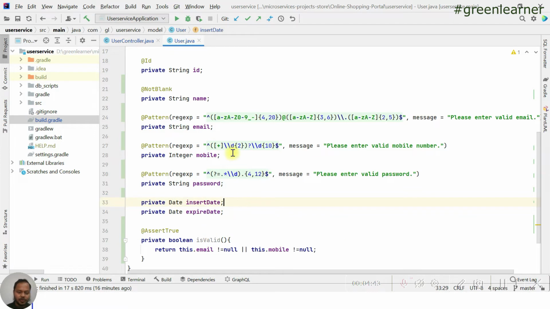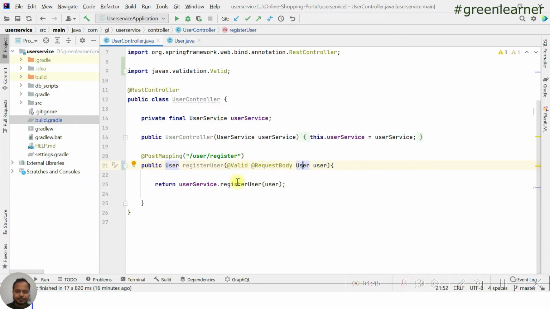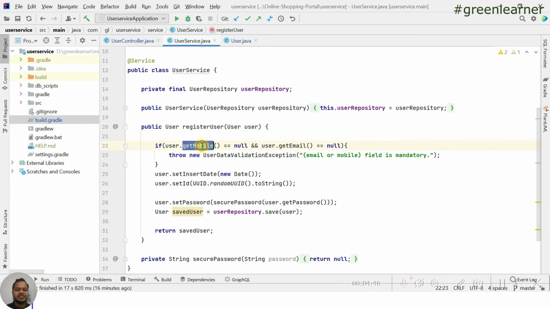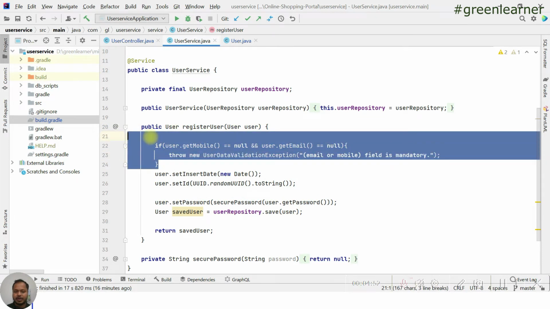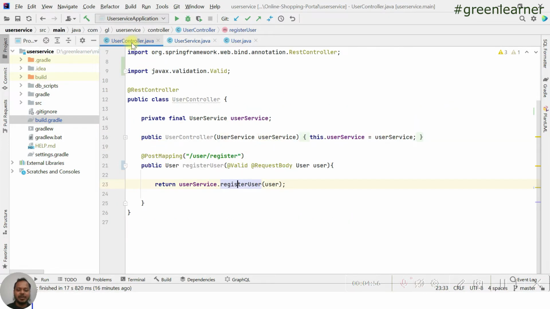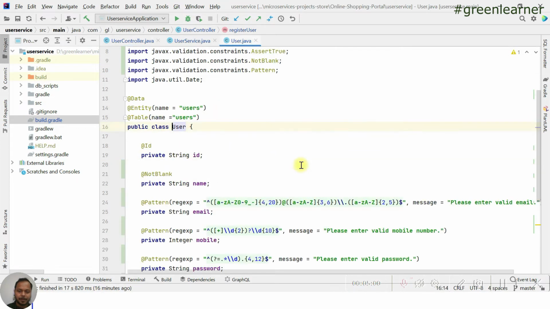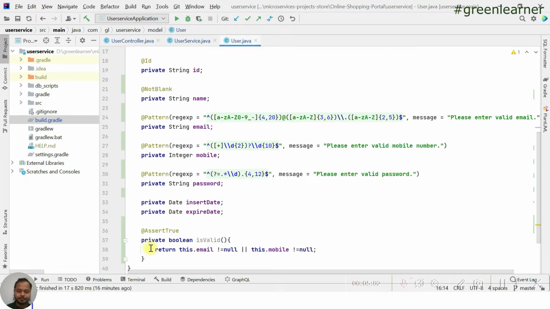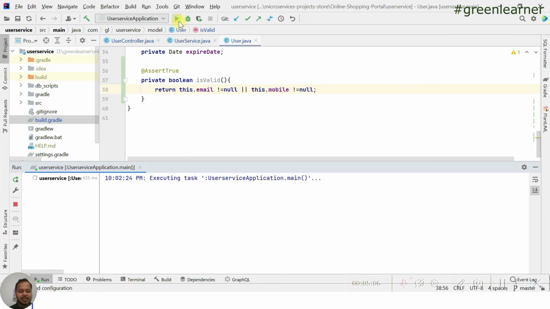If you remember this one, we put the validation here, right? The user mail and this one, this is no more necessary, because this user-level validation we already have done at this point, in this one. It is being validated here. So let me start the application and show you this in action.